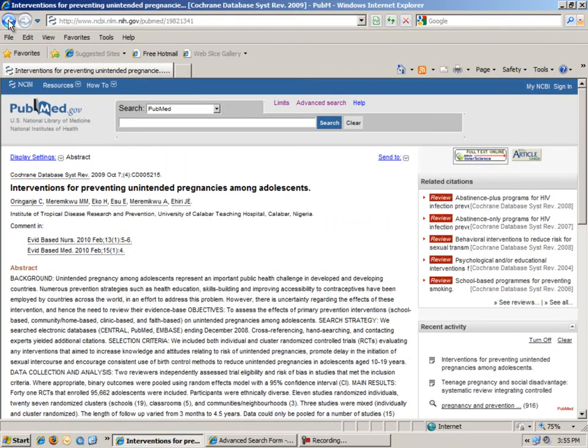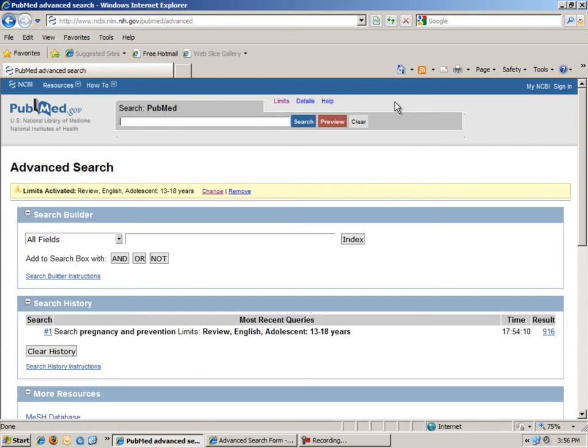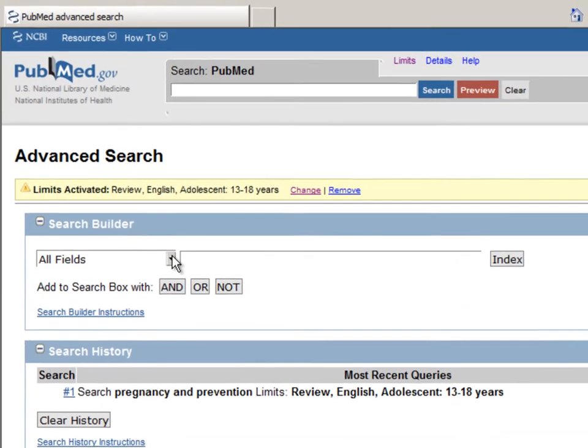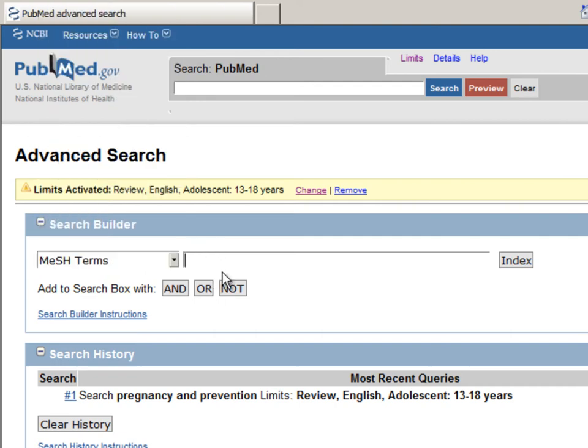All right, we're going to go back now, and we're going to do an advanced search. The advanced search lets us choose specific fields. We could do field searching down here, whereas up here we're just doing a keyword search. So I'm going to use the MeSH term that we identified in that first record, which was adolescent pregnancy / prevention and control. And I'm going to click an AND, and that will add it up here to my search